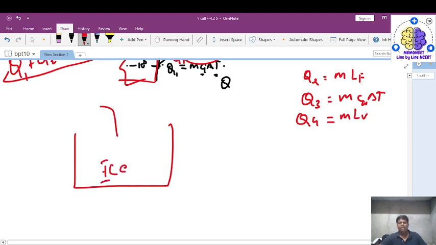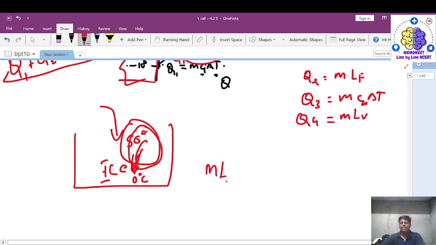Now, if two bodies are mixed together, suppose I have a container containing ice in it, right? And I put a metal ball which is at, let's say, 50 degrees centigrade. The ice is at 0 degree centigrade. So what will happen? This ice will take heat from the hot metal ball and will start melting, right? So let's say mass m of ice melts, taking latent heat as L,